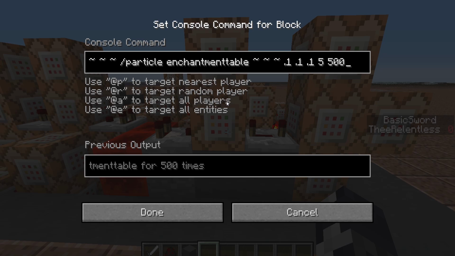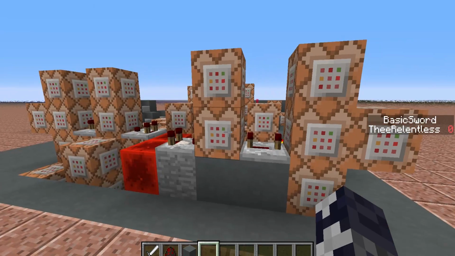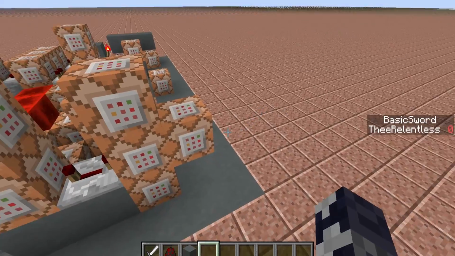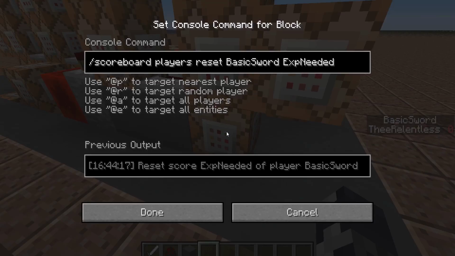We have a particle enchantment table. Again, it's something with a basic sword score of 1, and we also have the execute at, again, the basic sword I, because an execute command cannot have data tags, so you need to give it a property of a scoreboard for you to do an execute command at an entity on the ground. So this then fires into this, and the first command block that fires is this one,